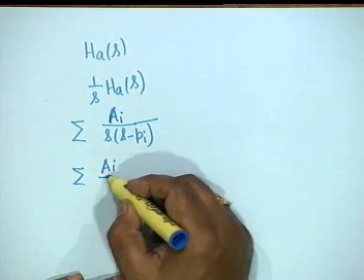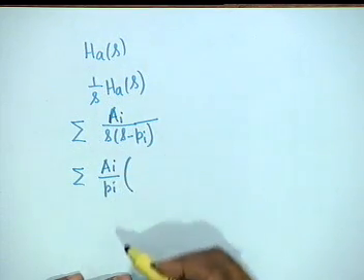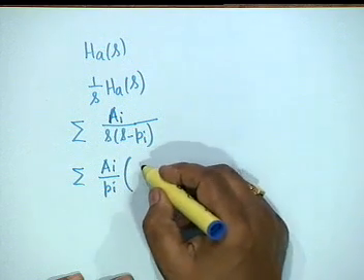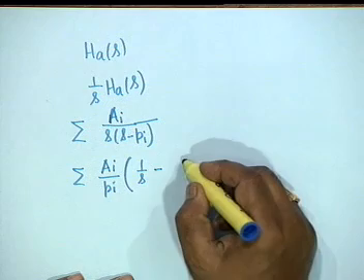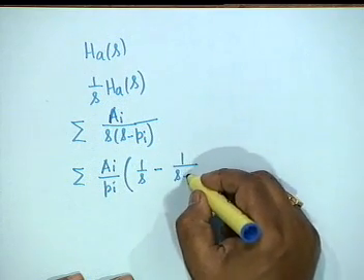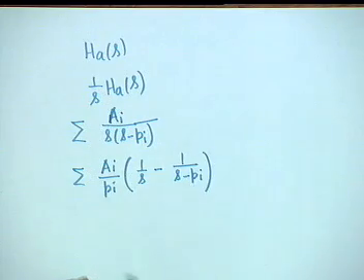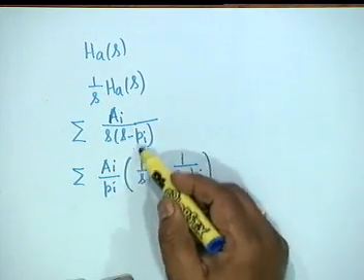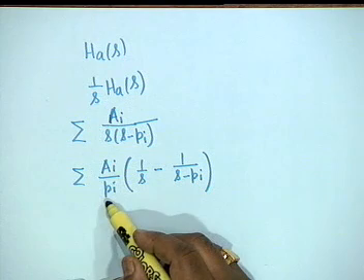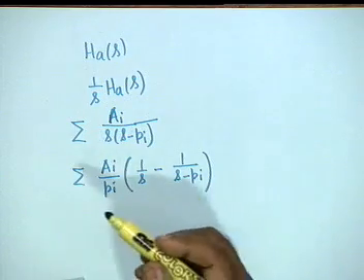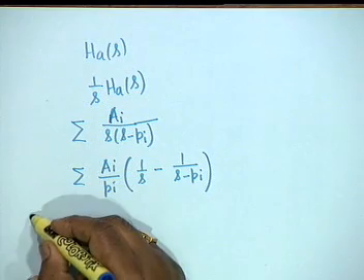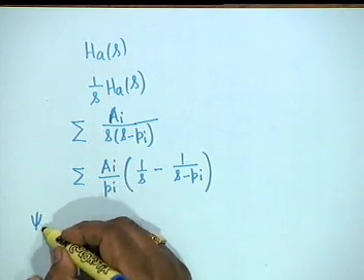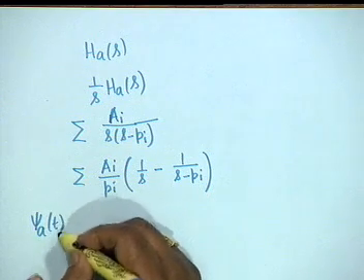You can make this into the sum of two terms, 1 over S minus 1 over S minus pi, agreed. 1 by pi I have brought here, okay. And therefore the unit step response, which I shall call psi A of t,